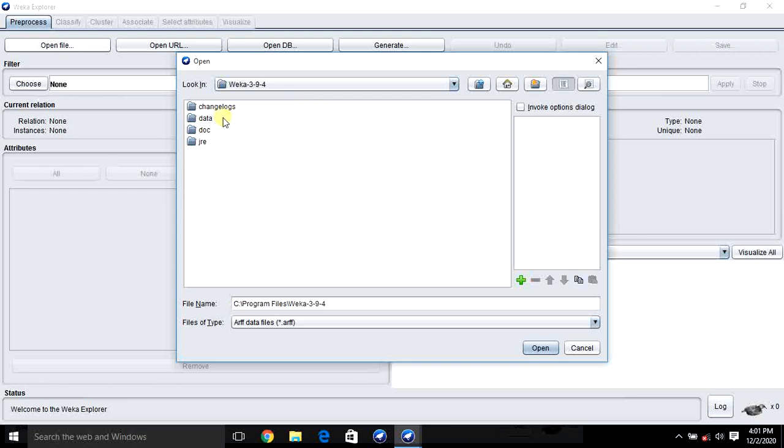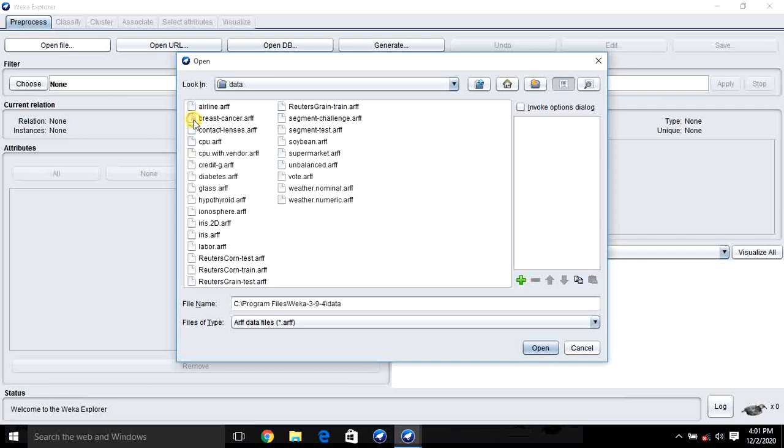After that, click on Data, where we get the datasets we need to process. Now, these are the different types of default dataset. If you want to process a dataset, click on any particular dataset which you want to process.